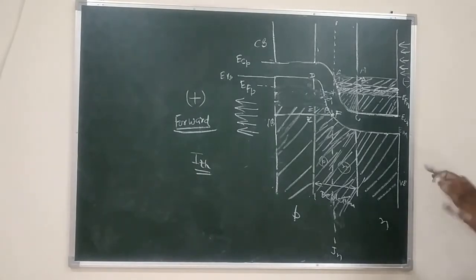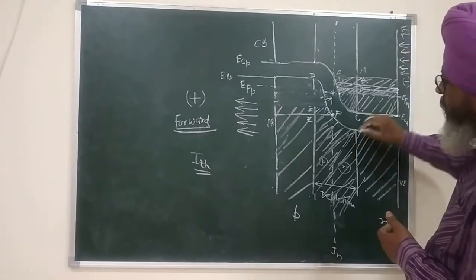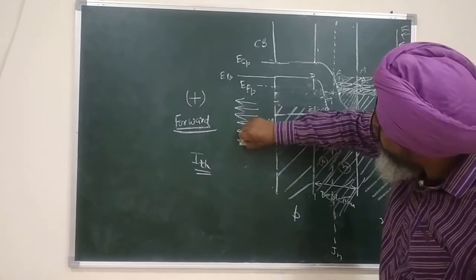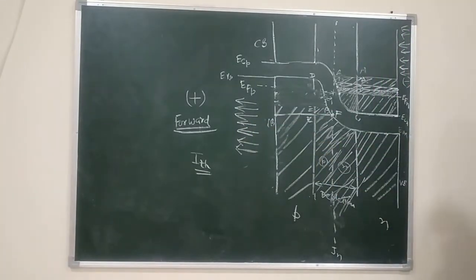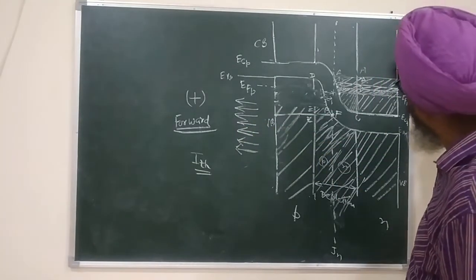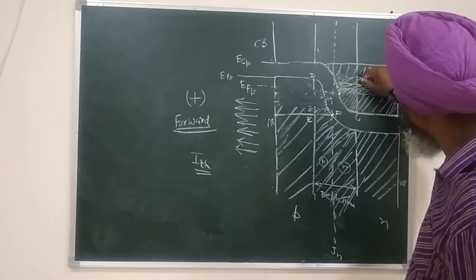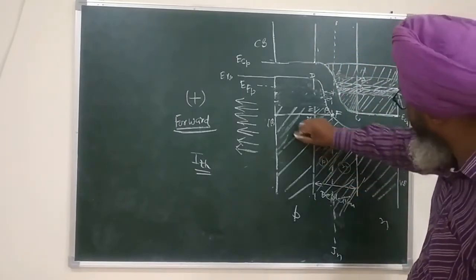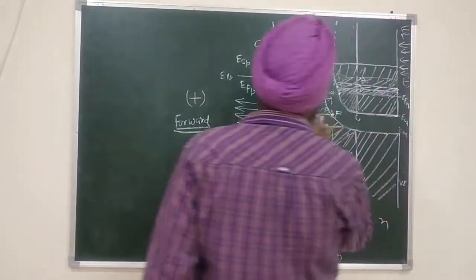Now, I have already reached the threshold current. So with the help of, let us say, a rheostat, I again increase the current. Let us say these arrows are now 7. So the supply of electrons from the N side is increased. Similarly, extraction of electrons from the P side will increase. So the region ABC will again increase in width. Similarly, region DEF will also again increase in width.